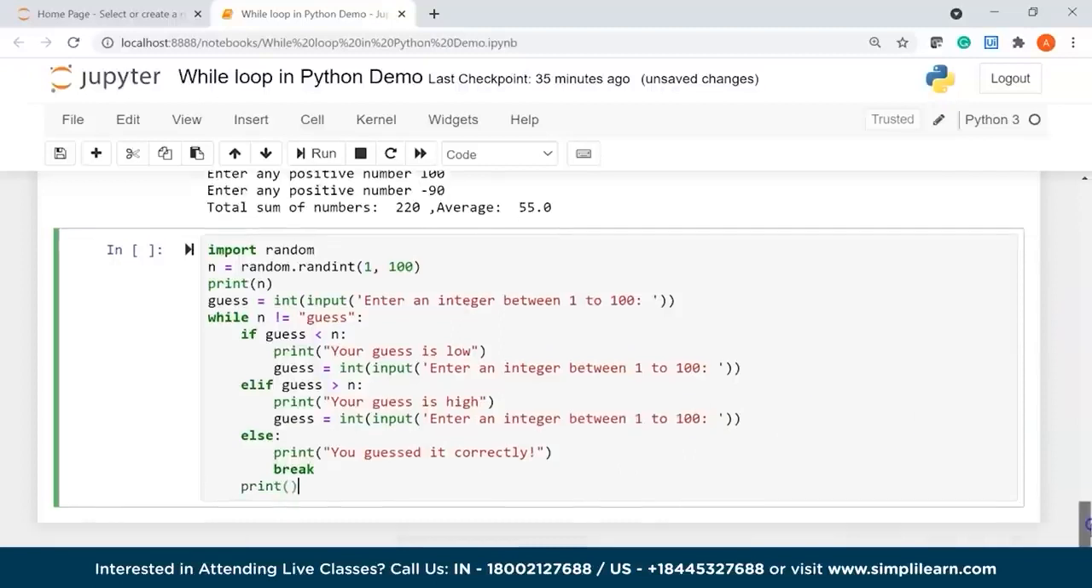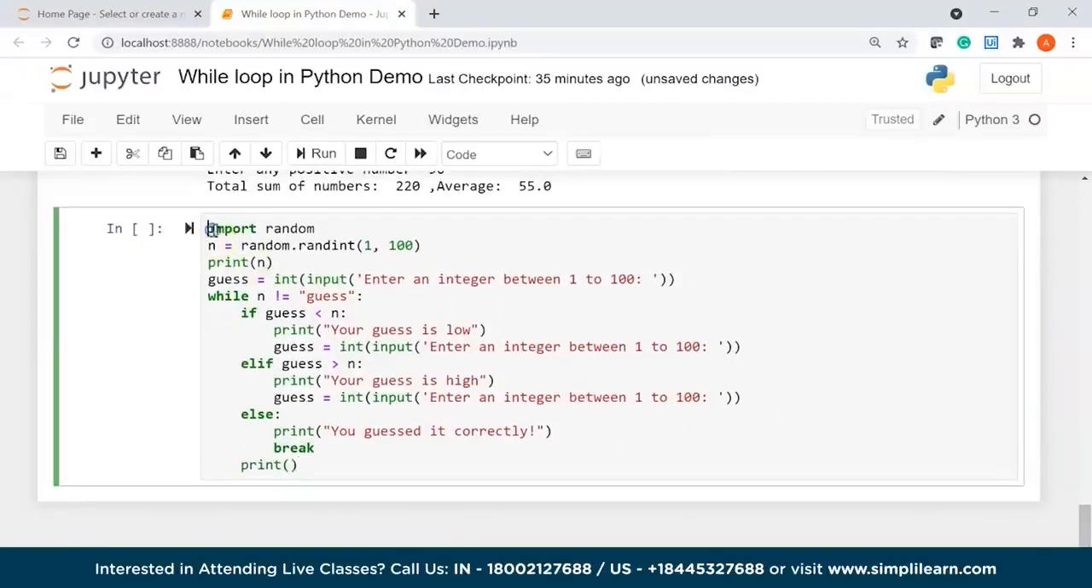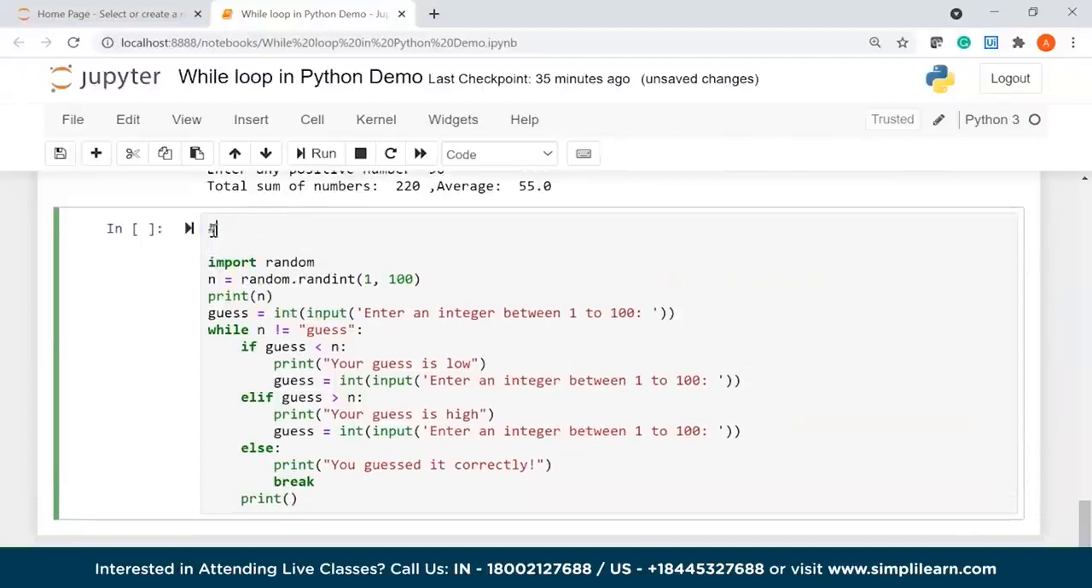Okay, so what we are doing in this game is, before that let me just give a comment as guessing game in Python. So first of all, we are generating a random integer using the library called random. So the integer will lie between 1 and 100. I am going to print that integer. After that, I am taking a user input. So I'm asking the user to enter an integer between 1 to 100, and I'm checking if my random integer is not equal to my user input, that is guess,